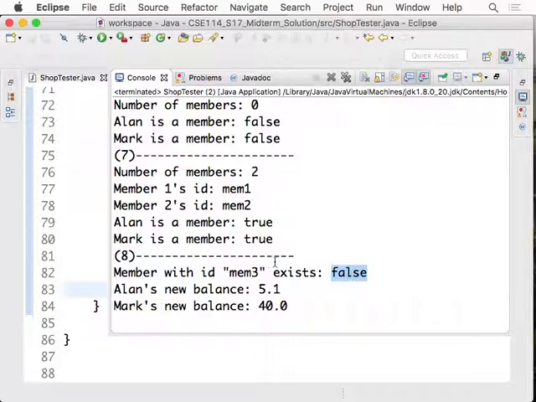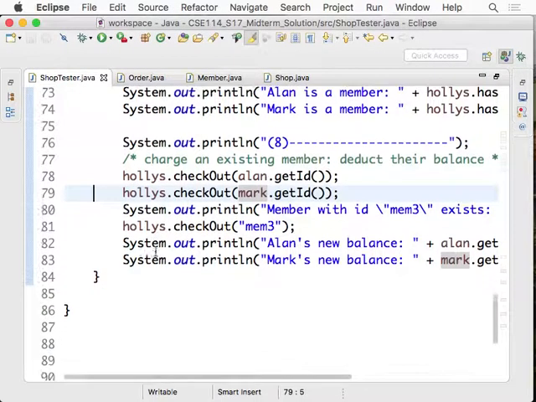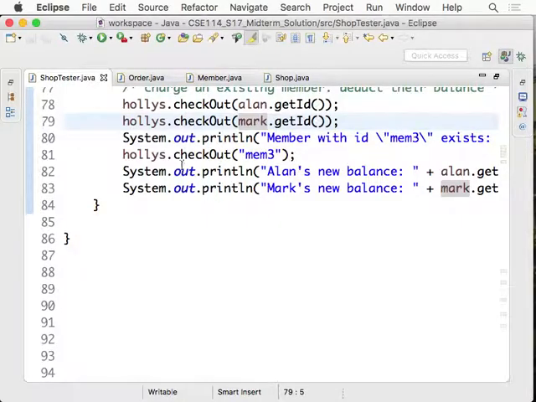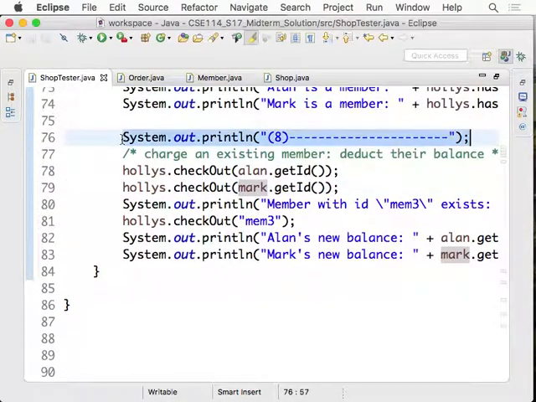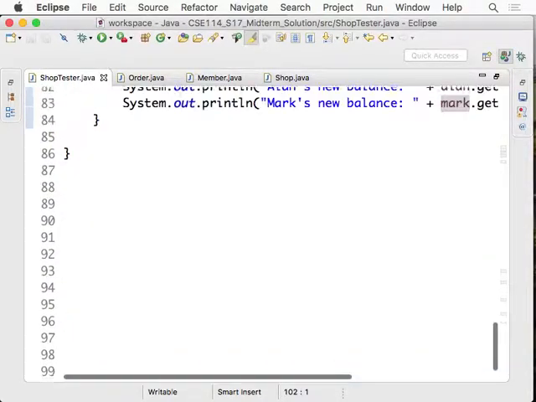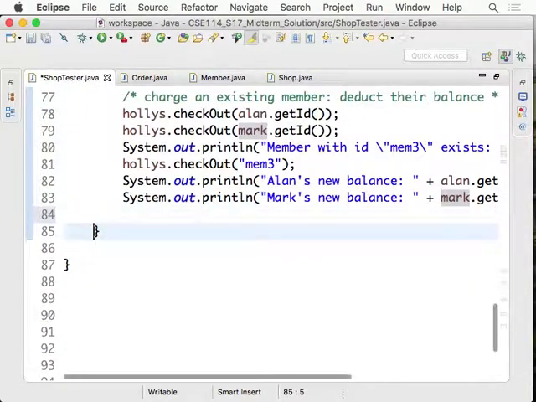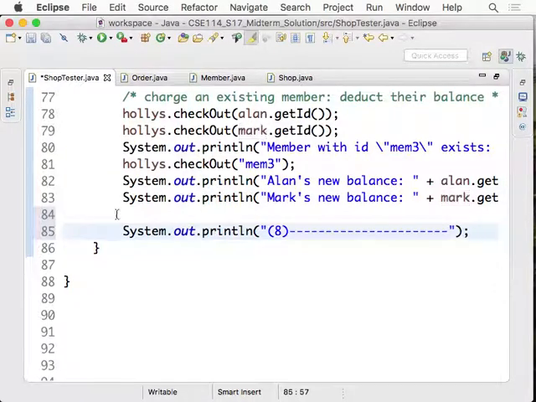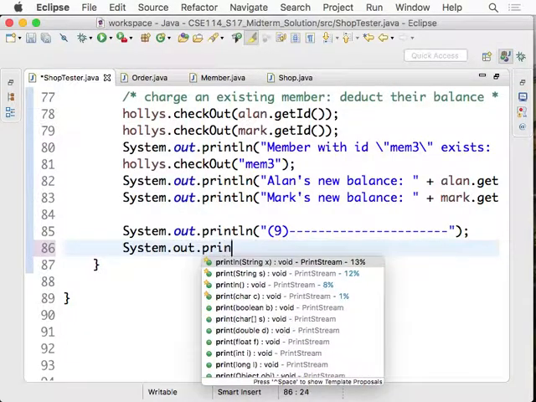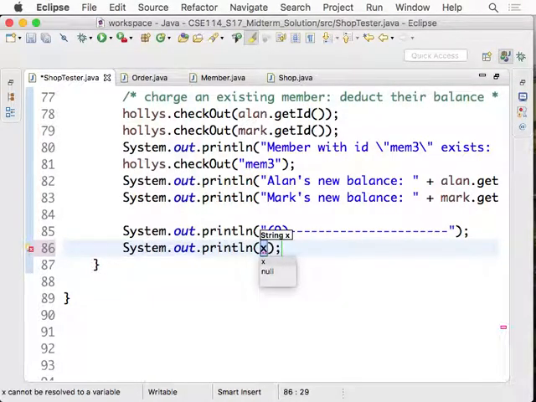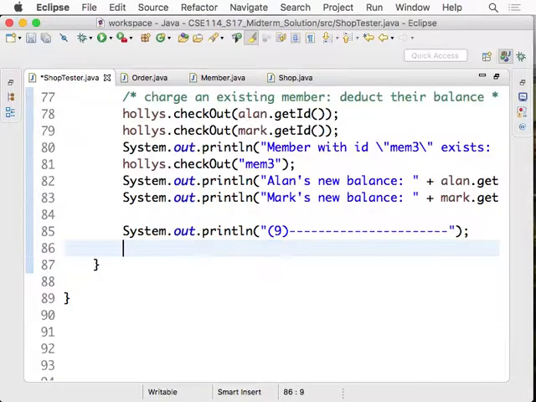Okay, final one, the final one. Number 9. So let's now do number 9. Number 9 here. System.out.println. Oh no, not this one. Beg your pardon. You should have Alan orders